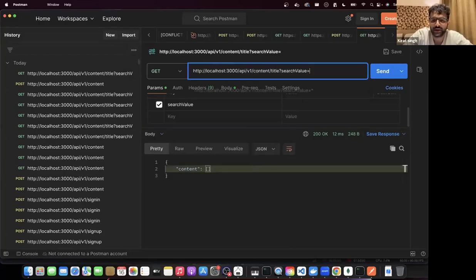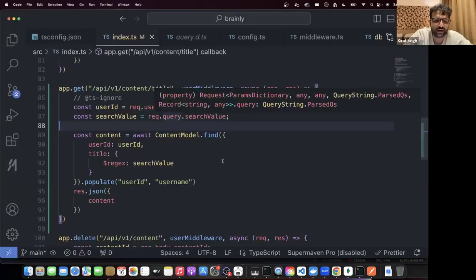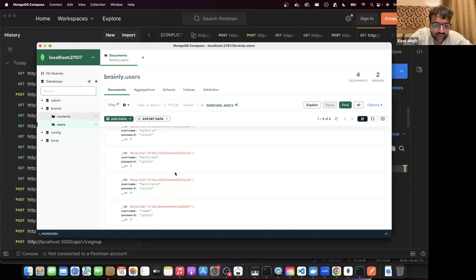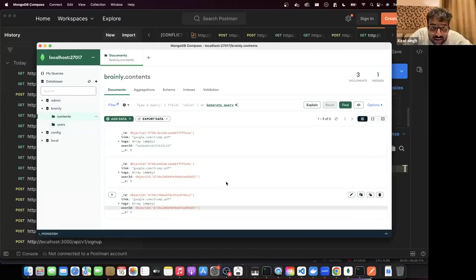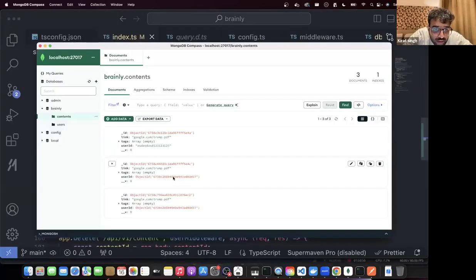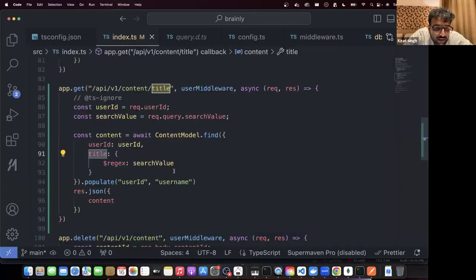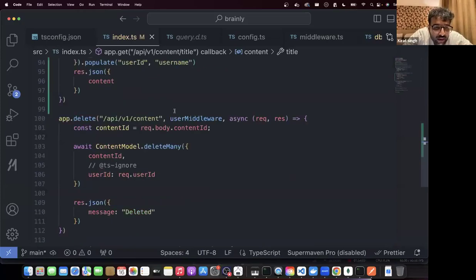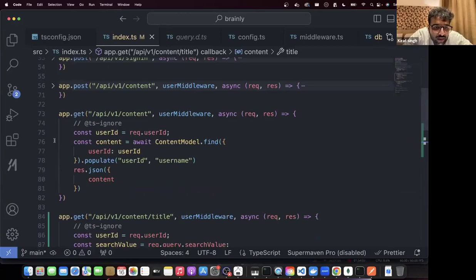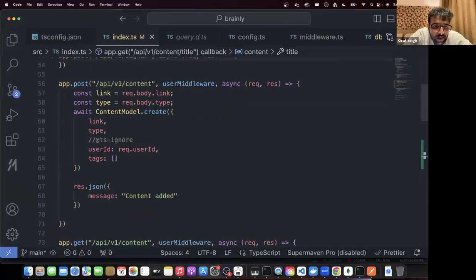Let's try any star. MongoDB. Go to contents. Search किस पे कर रहा था मैं? लिंक पे कर रहा था कि टाइटल पे ही कर रहा था? What does title look like? टाइटल यहाँ आ ही नहीं रहा. पता नहीं क्या कर दिया मैंने. I forgot to put the title in the database. Content ID. How do you post content? Type title.